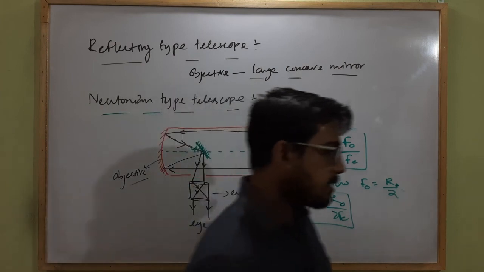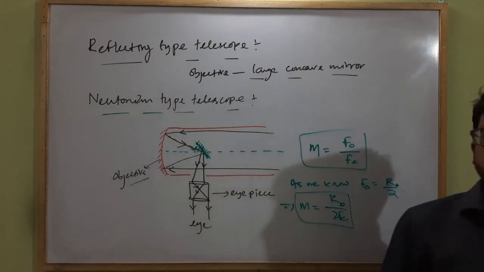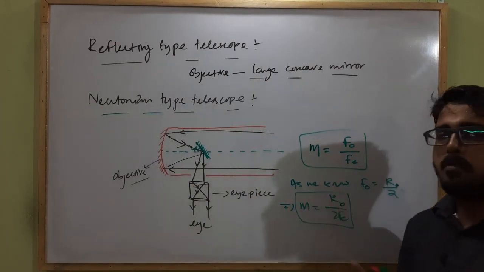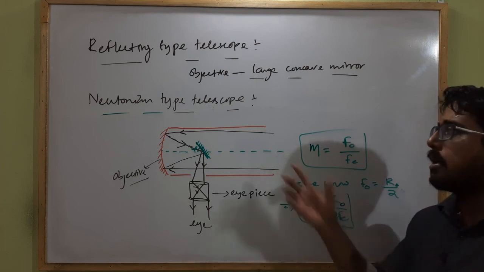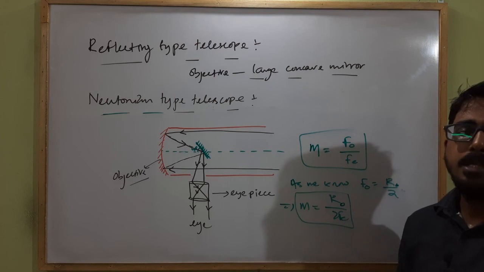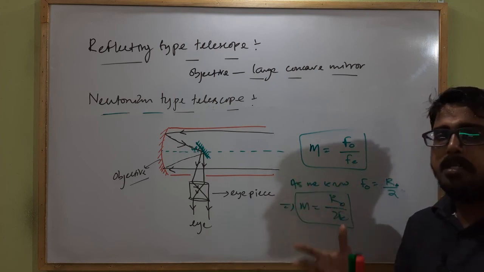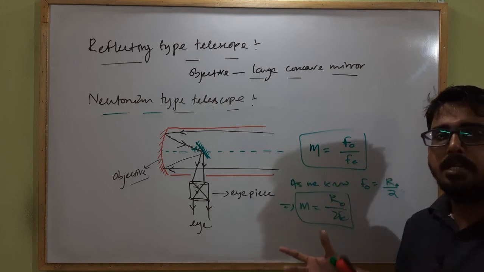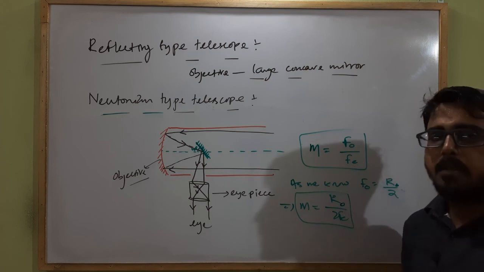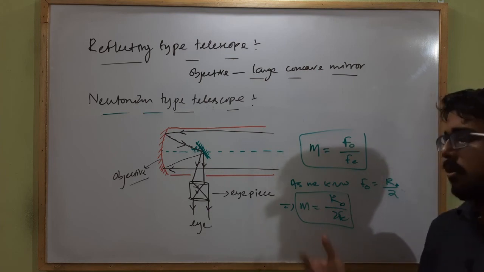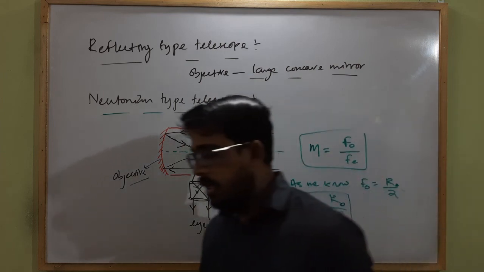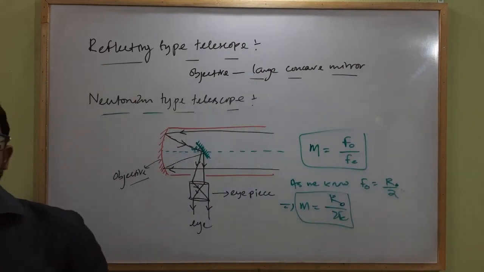What is the magnification in the normal state, what is the magnification when the image is formed at the least distance of distinct vision, what is the tube length, what are the reflecting type telescopes, why is the reflecting type telescope used over the refracting type telescope, and what are spherical aberration and chromatic aberration in the case of a refracting type telescope. This is all about the telescope, the third optical instrument we have studied in this lecture. Okay, thank you.